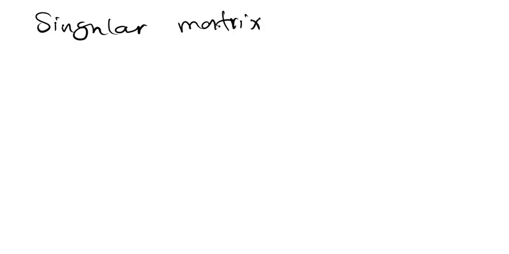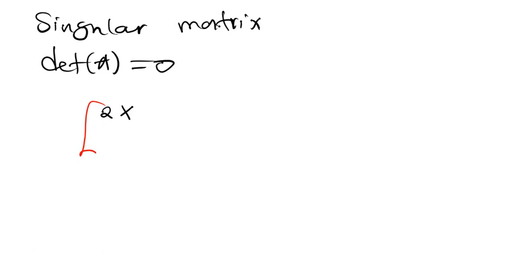Whenever we're talking about a singular matrix, the determinant is 0. So a singular matrix has a determinant of 0. Let's say we have matrix A, the determinant is 0. I'll give you a very simple example. Let's say we have a certain matrix which is maybe 2k,